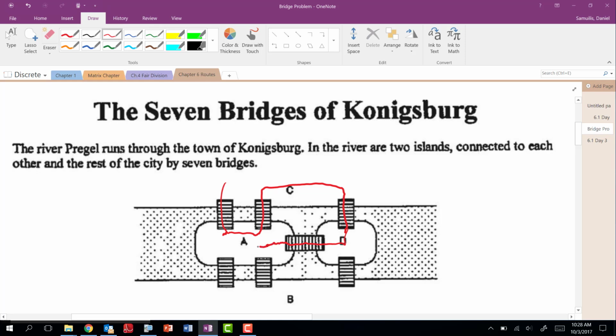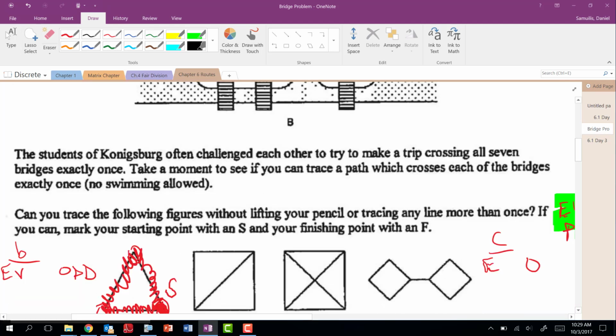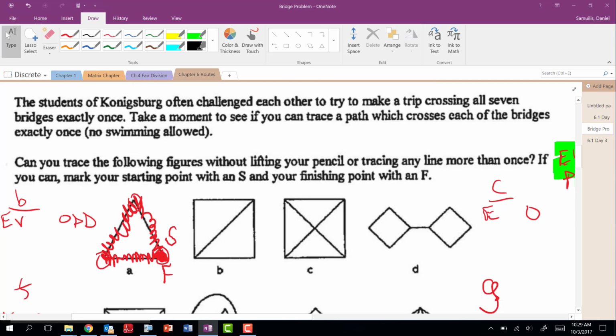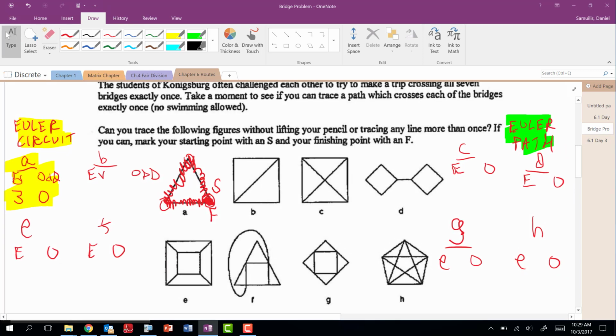Because now, if I go over this bridge and then go over to this one, then I'd have to go over this bridge again. And we wanted to use every edge only once, which is our idea about graphs. What third, second, and first figured out through working is that they weren't able to do this. They weren't able to use every bridge exactly once and also use all the bridges.